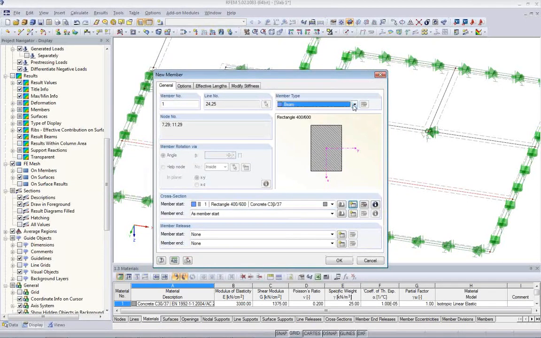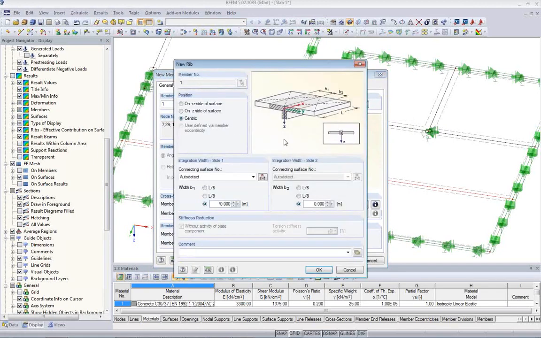And as a specialty here, I'll create a so-called rib. A rib will place the cross section, the rectangle, below the surface, and I can control it here with these radio buttons. Now the position will be on the plus C side of the surface,